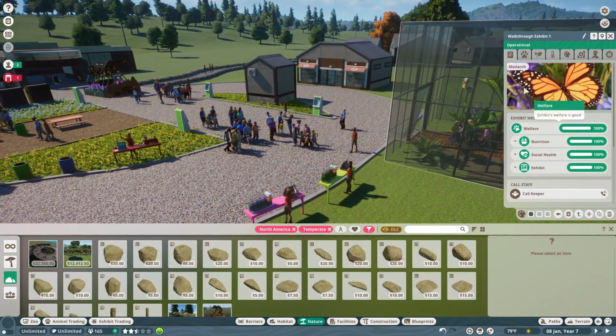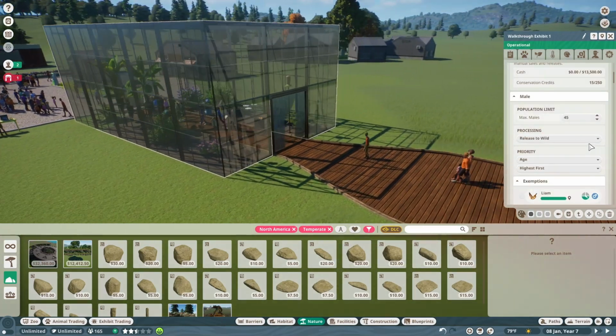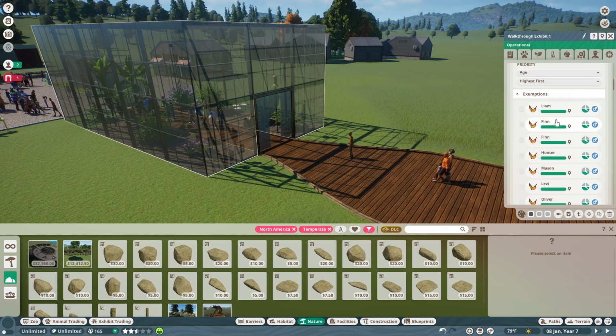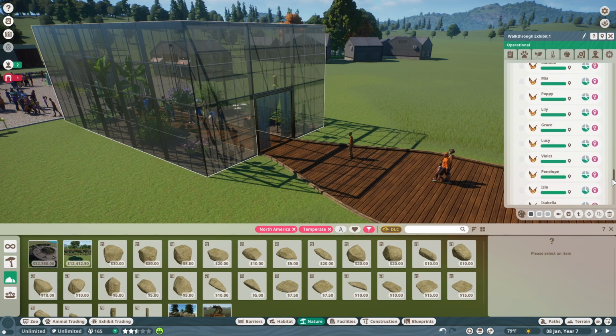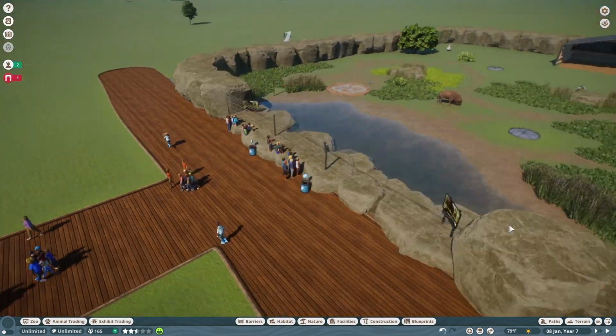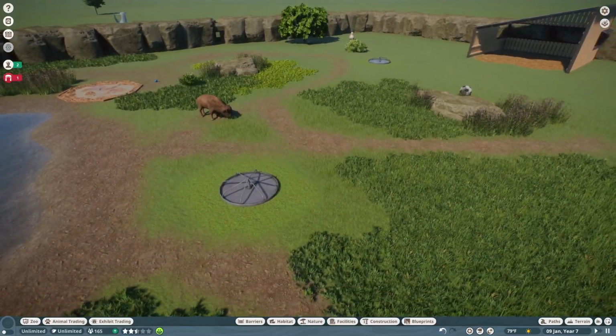Wait, what? Let me see here. Alright, fine. We'll sell for cash these butterflies here. Even though I'd like to release them into the wild, that might not be a possibility. If some of them, I guess, were bought, I guess, so,